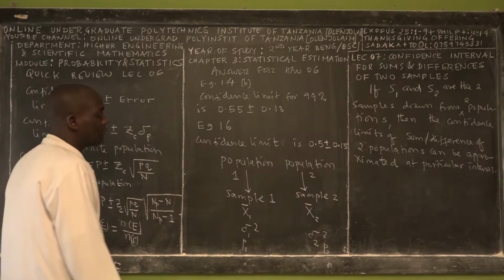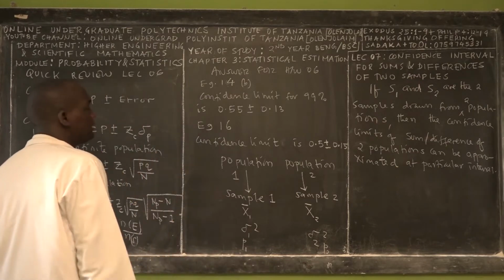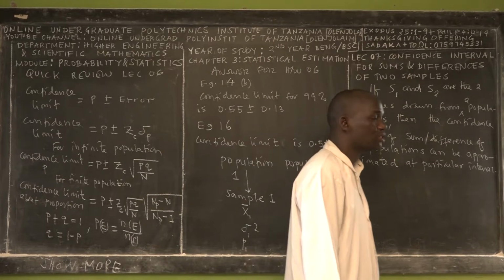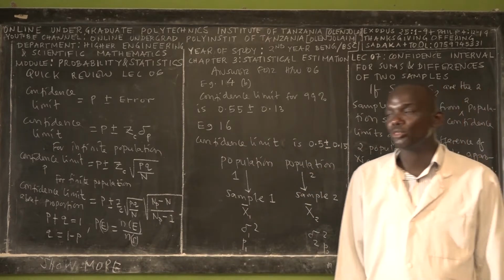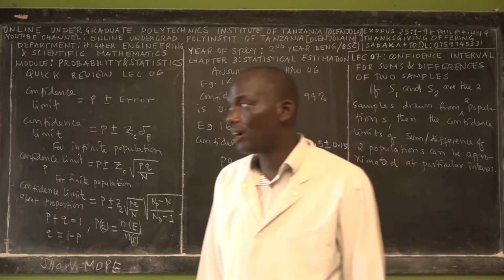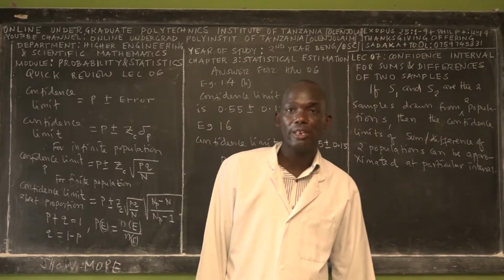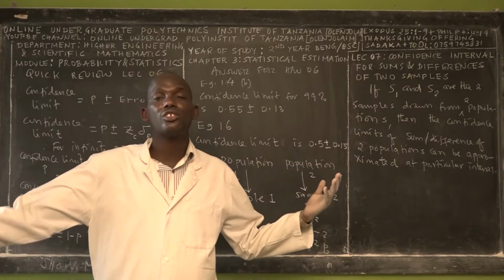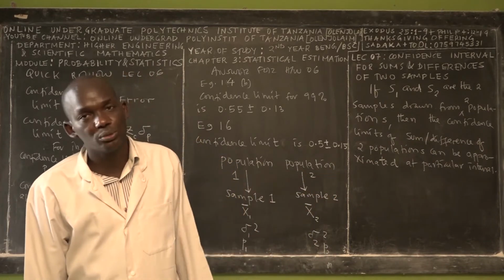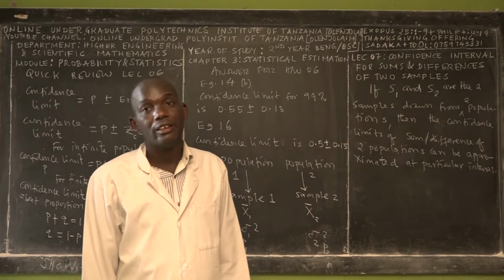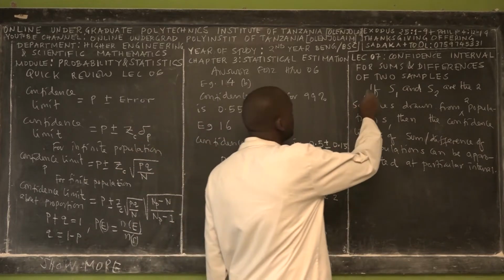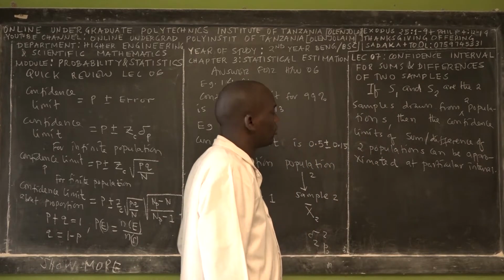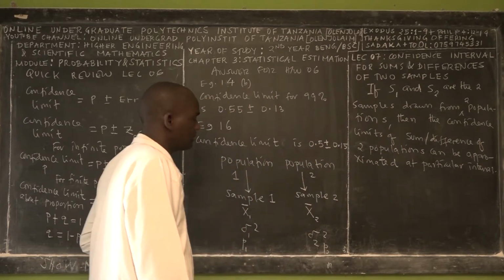Because we have two samples, we want to estimate the mean, or the proportion, of the two populations by using the two samples. From there we have to find the sum of the means or the difference of means. We introduced this concept in chapter 2, called the sampling distribution. But in this case, we want to add value to what we have introduced to you.